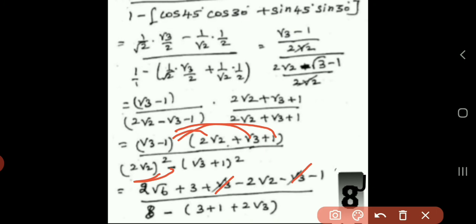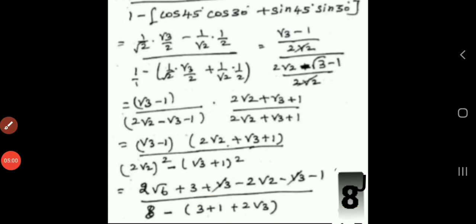So the remaining terms stay as they are, and in the denominator we have to square the term. It will become 2 square is 4, root 2 square is 2, so 4 times 2 is 8. And then here I can expand by the (a plus b) whole square formula. So a square is root 3 square, which is 3, and 1 square is 1, and the 2ab term is 2 into root 3 into 1. It will become 3 plus 1 plus 2 root 3. Then if we simplify this, we have (2 root 6 minus 2 root 2 plus 2) divided by 8 minus (3 minus 1 minus 2 root 3). Here if you subtract that, we have 4 minus 2 root 3 at the denominator.